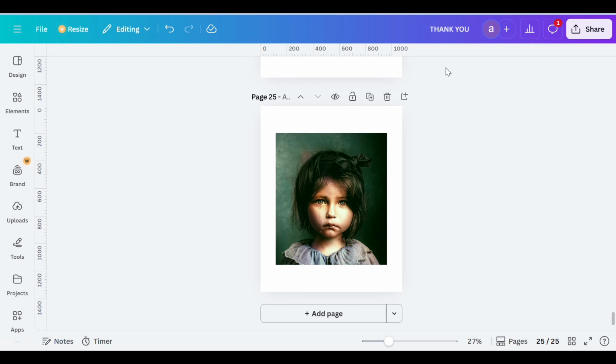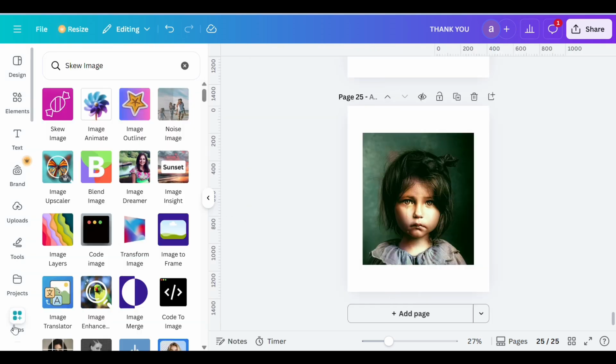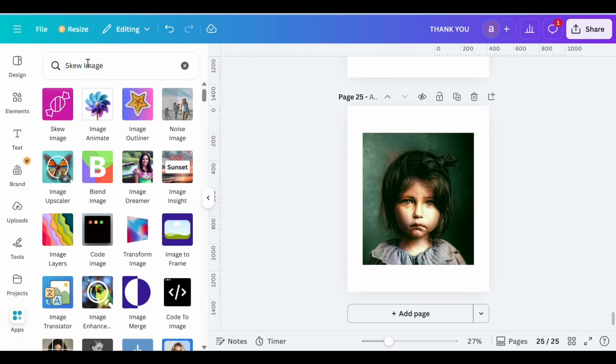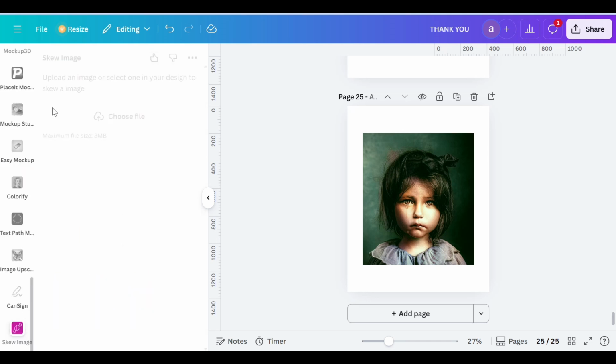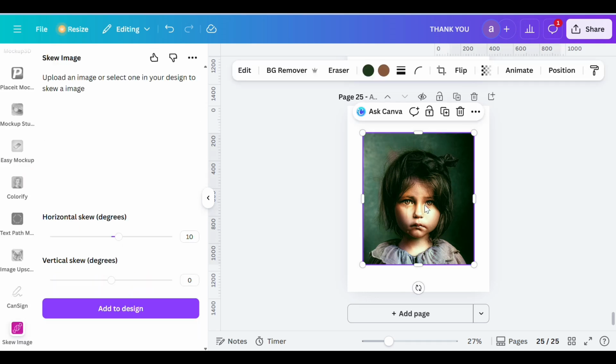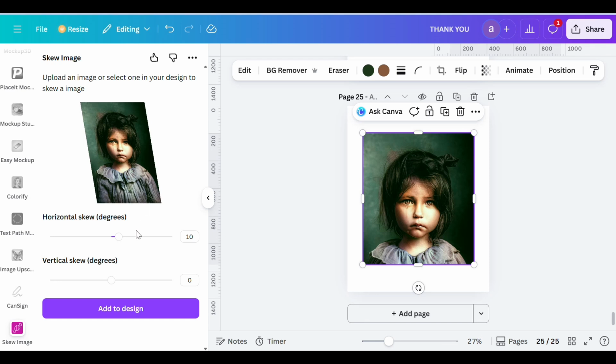Okay, let's get started. First, just open your Canva and then open your designs like this, and then go to apps, and then just search for this Skew image. Choose this app, this one, and then next just choose the image that you want to reshape like this. And after that,